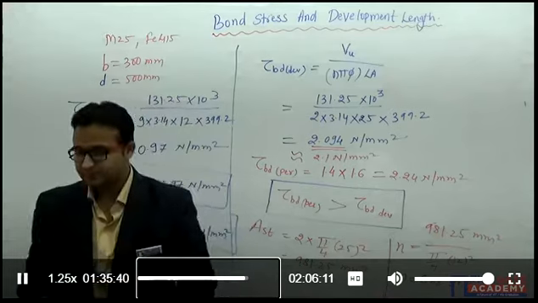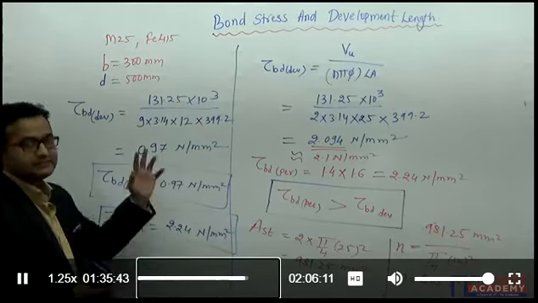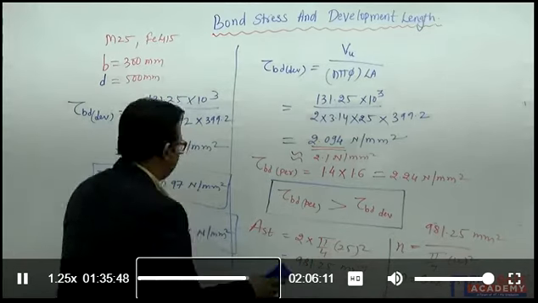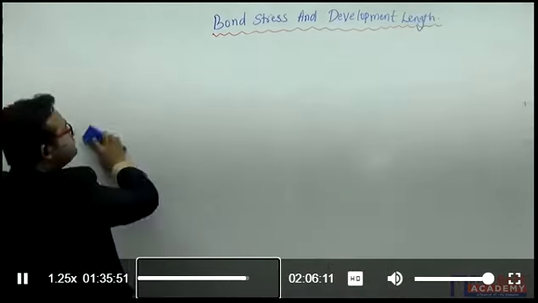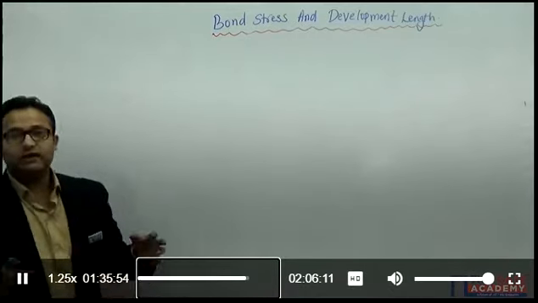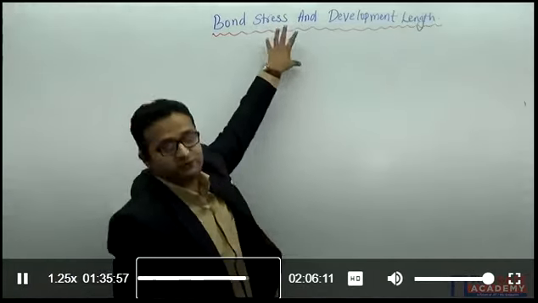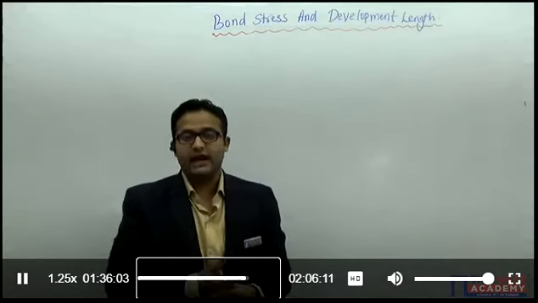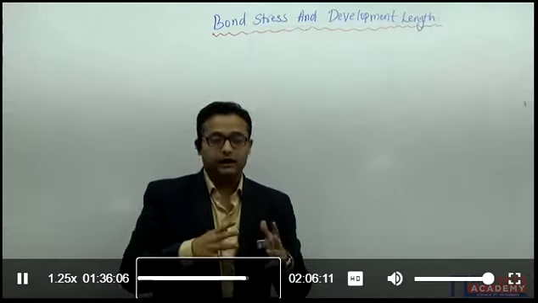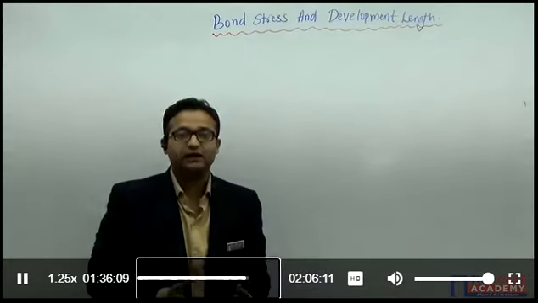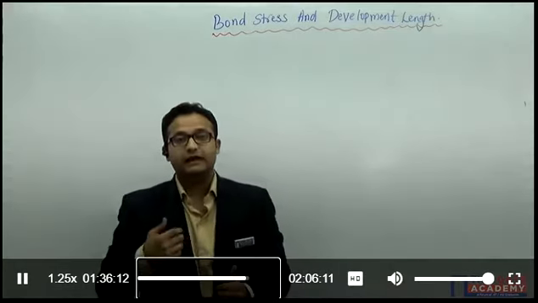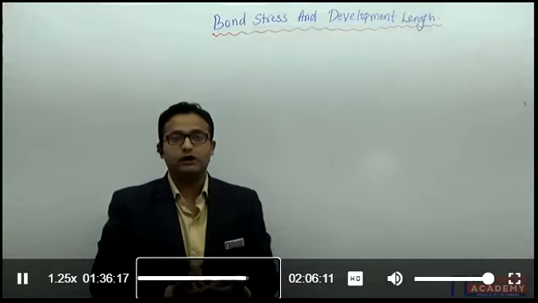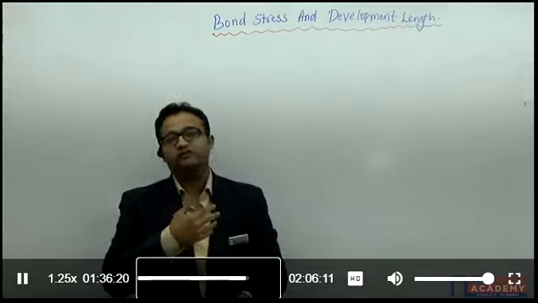Now, in this way, I can prepare my beam and I can make it safe in the bond stresses. So till now we have discussed what bond stress is and how we can control the bond stress. Bond strength also we have studied: if we have provided the reinforcement in the tensile zone, then we need to increase the bond strength by 60%, and if we are providing the reinforcement in the compression zone, then we need to increase the bond strength of the concrete by 25%.